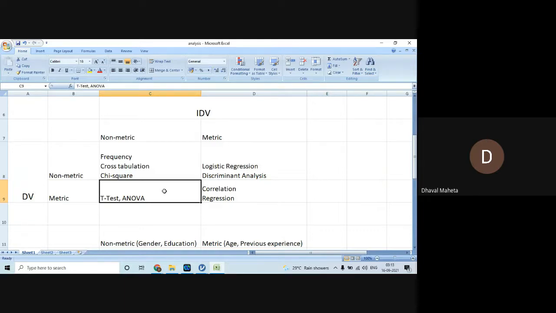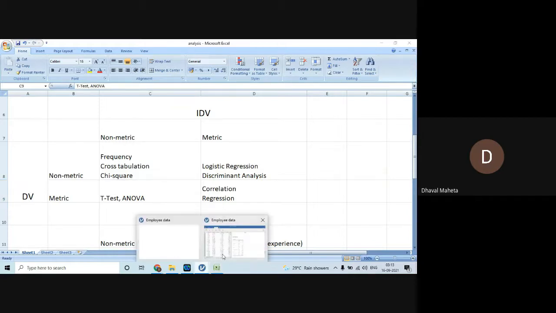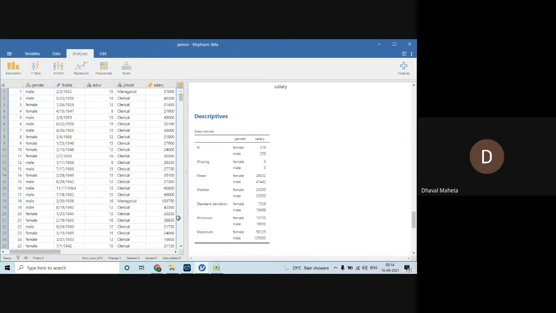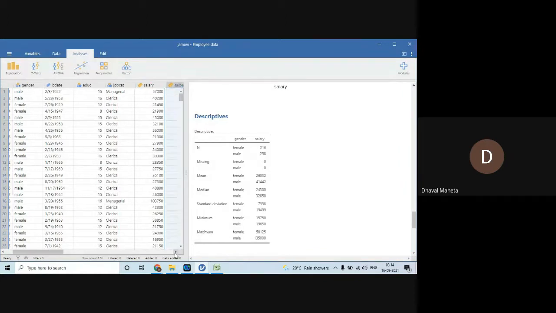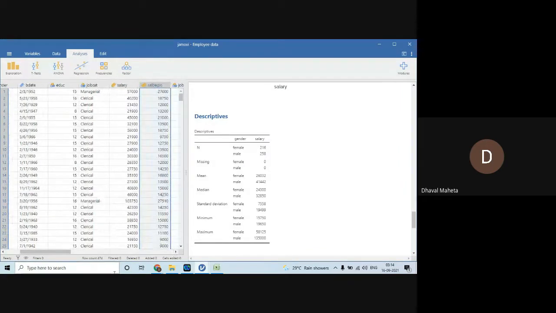Here you should be pretty sure that you can run ANOVA only when there are more than two groups. So can anybody tell me which is the variable in which I can run the ANOVA? You can see the file carefully. It should have more than two groups.